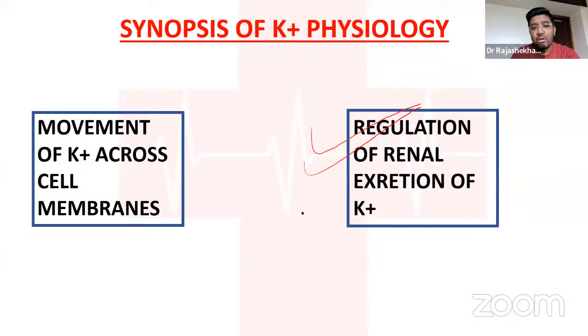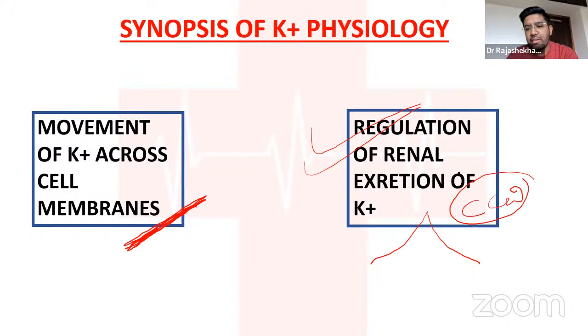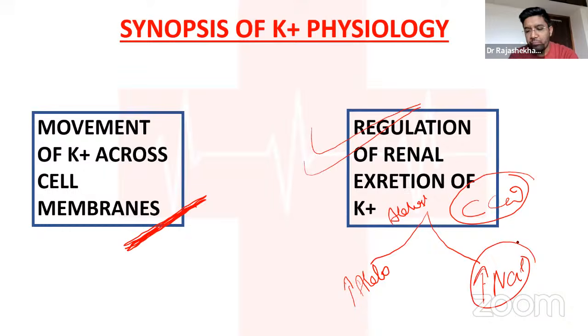So as I told you, to understand hypokalemia physiology, two basic mechanisms are very important. One is the transcellular shift and another is the renal excretion of potassium. In renal excretion or secretion, the major site is the cortical collecting duct and the second part of the distal convoluted tubule, where it is under the control of aldosterone. Any increase in aldosterone is going to cause hypokalemia or increased excretion of potassium, and any increased delivery of sodium to the distal tubule is going to cause hypokalemia.